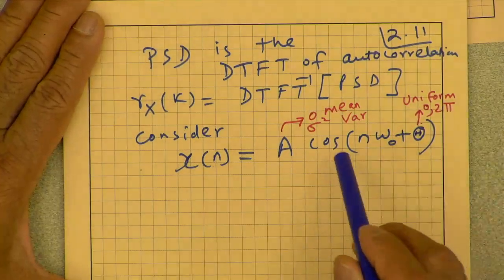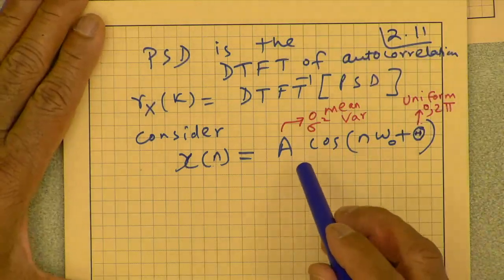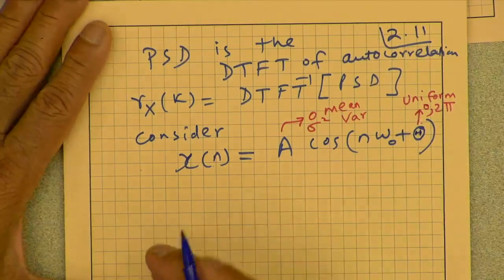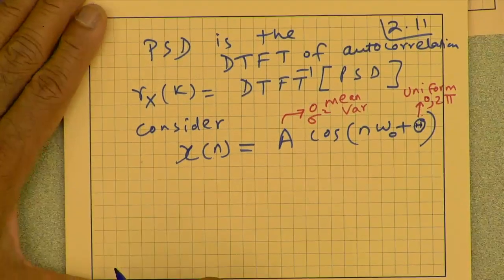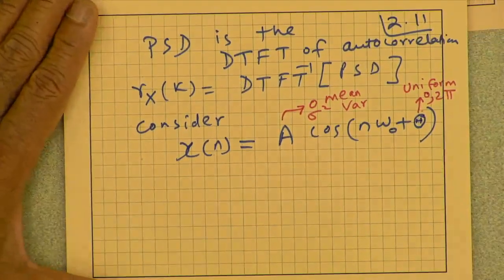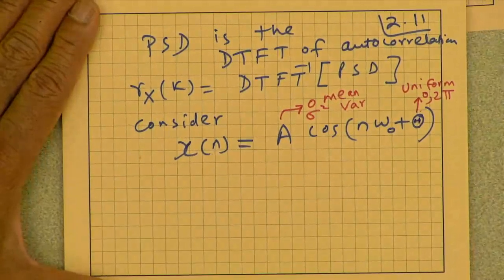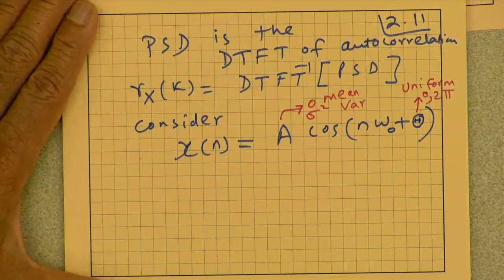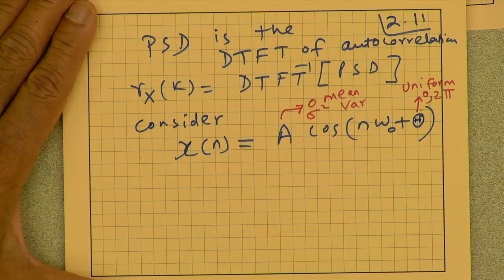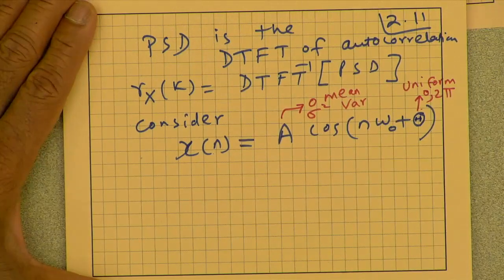So here is the thing: what I want to do in this particular example is to find the frequency of the signal. If I have collected a certain signal from a certain sensor and I want to find the fundamental frequency or the dominant frequency of that signal, and if it was a deterministic signal,